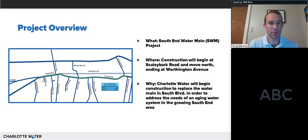Real quick overview. So we're putting in a new pipeline essentially down South Boulevard. The northern boundary is up there in Dilworth at Worthington Avenue. And then the southern boundary is down at Scaleybark, where we're going to tie in. So there's two big water lines at Scaleybark and at Worthington, and we're going to tie this new line in to help essentially transmit large amounts of water between those other two large pipelines. Starting in the south, we're going to move north,